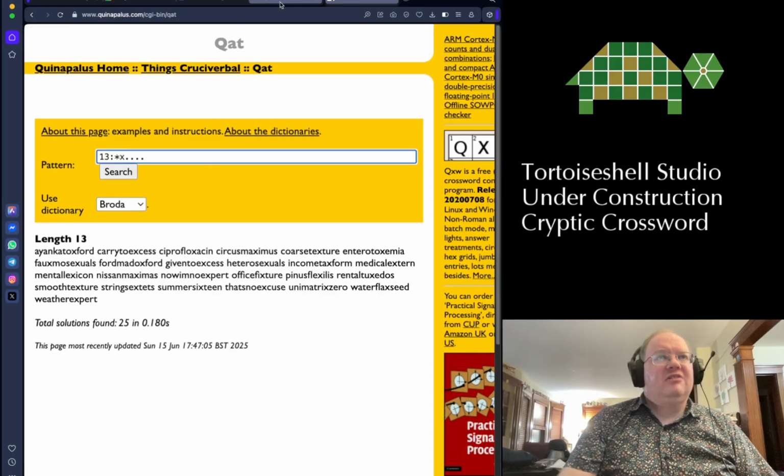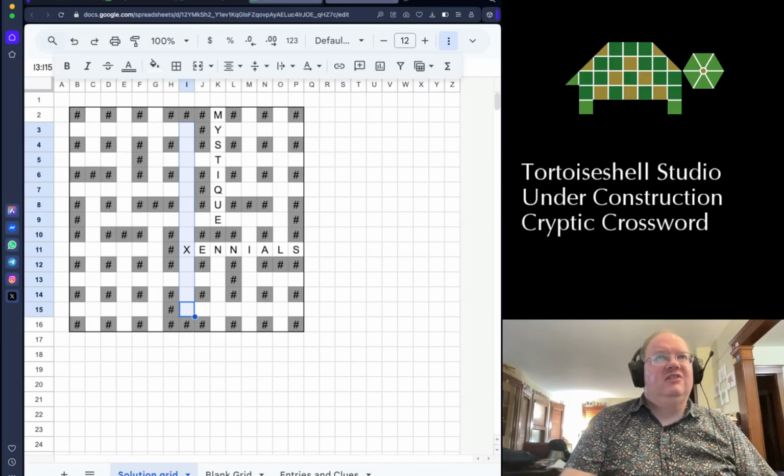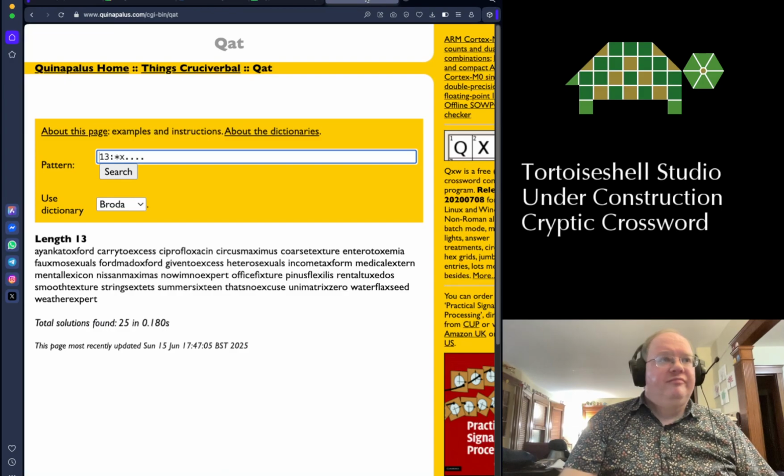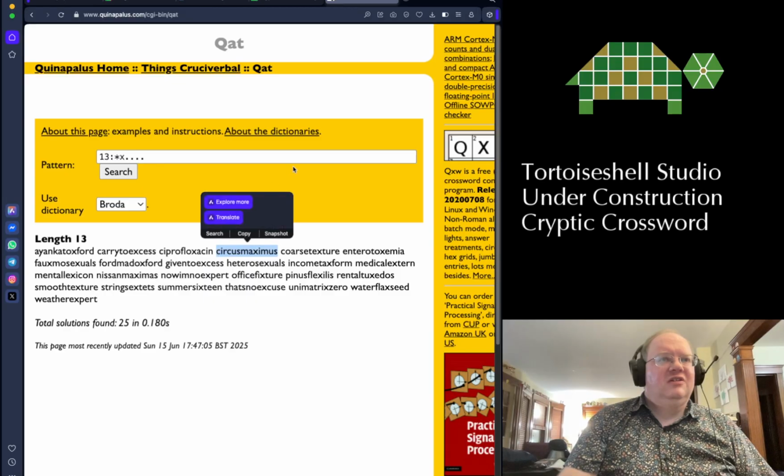Circus Mac. Do we have a C yet? We do not have a C yet. Circus Maximus, C-I-R, which would give us the S down here. So that's allowable. Have something like heterosexuals. So if I had Circus Maximus,